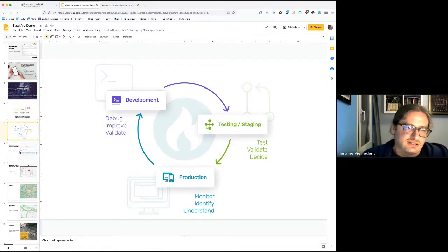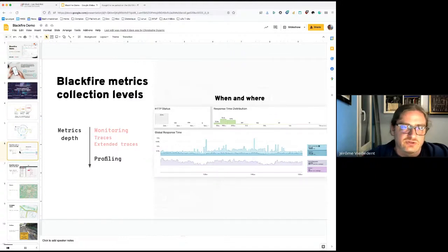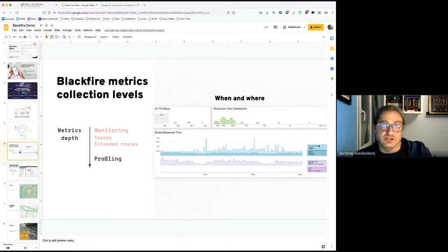Now, let's talk about the different collection levels. As I said, now we have Blackfire monitoring and Blackfire profiling. And these two features work together, here, assuming that we're in production. So monitoring is all about collecting traces.